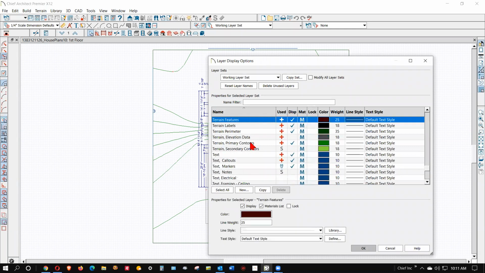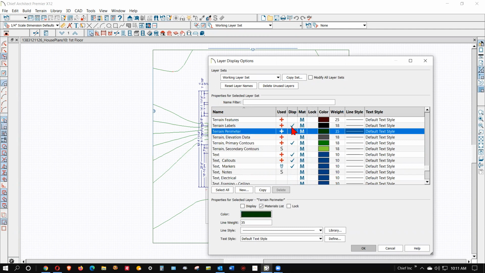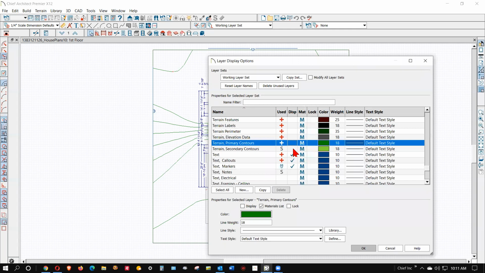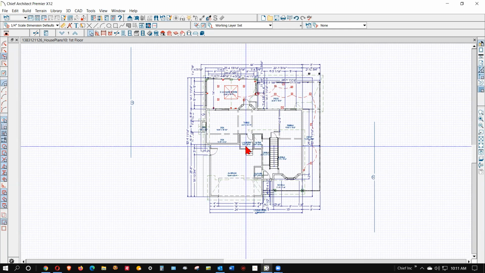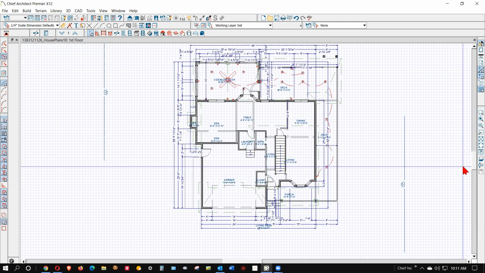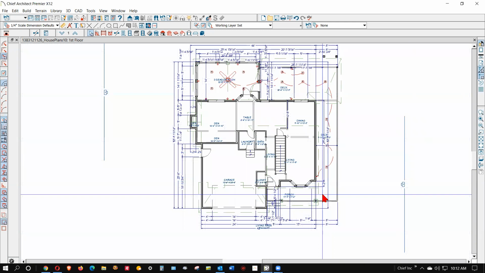terrain features. Don't need the perimeter, don't need labels or the contours. And I don't commonly use the grid, so I'm going to turn that off. Okay, so